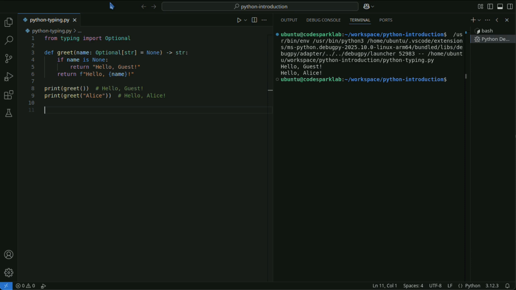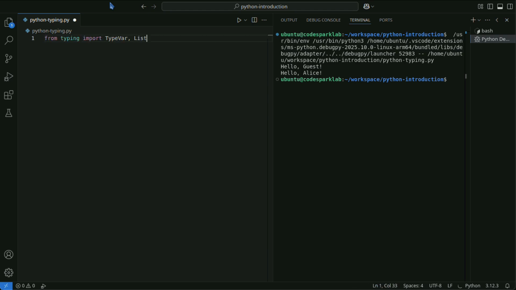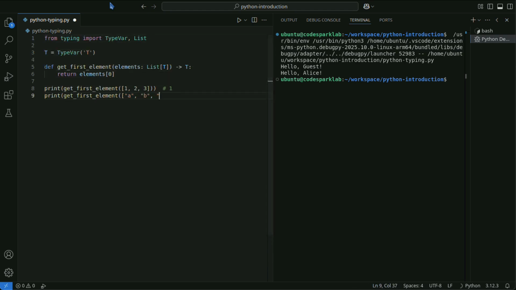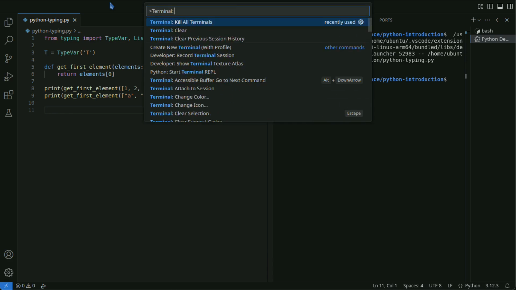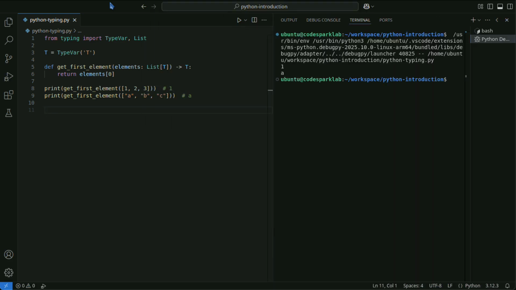Generic types are a way to abstractly represent what type of elements a data structure contains. In the typing module, you can define generic types using TypeVar. In this example, get_first_element is a function that returns the first element of a list, and it works regardless of the list's type.